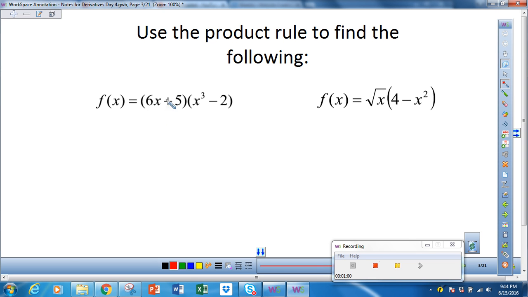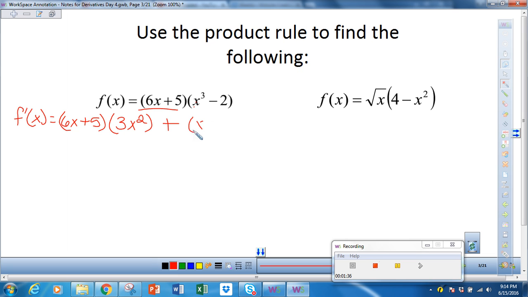Now, we could multiply this through and then find the answer. You get the same thing. Or we could use the product rule. So let's try using the product rule. So we're going to find the derivative of f of x, the first thing we want to do is keep 6x plus 5 the same. And then take the derivative of x cubed minus 2, which is 3x squared. Then we keep x cubed minus 2 the same